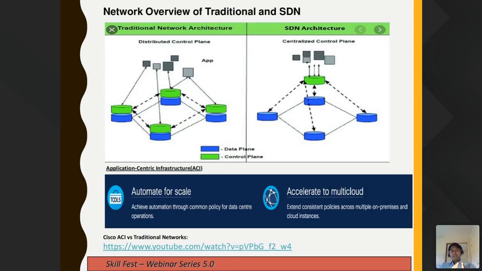So that can be avoided. This type of confusion can be avoided in SDN, software defined network. What I explained to you is just one reason. There are many other reasons why SDN is better.